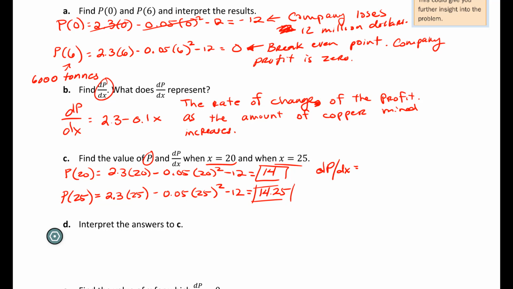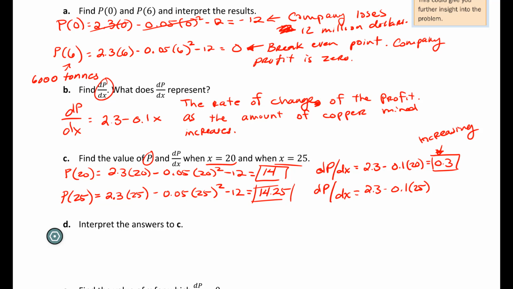Well, this is where we take that gradient function, 2.3 minus 0.1x, but now I'm going to plug in the amount of copper that was mined, 20,000 tons. And when I punch this in, I end up with a value of 0.3. So what does that tell us? The rate of change is a positive 0.3. If our rate of change is positive, that means the function for profit is increasing. Okay, we'll touch more on exactly what that means in just a second after we evaluate what happens when we mine